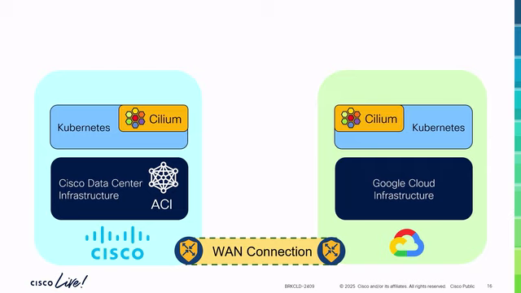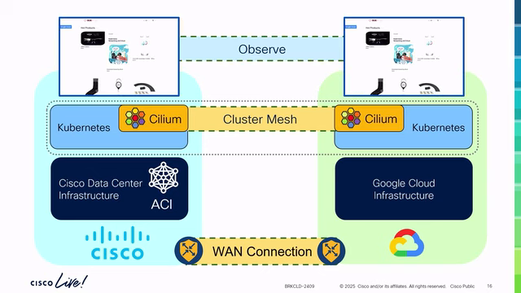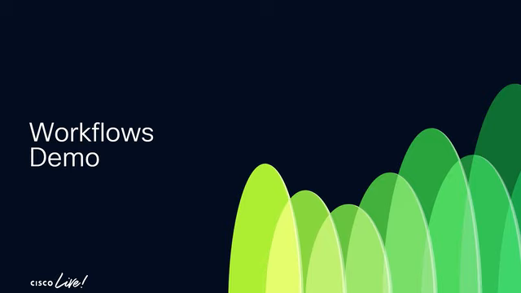And everyone's seeing this in organizations. So we do that in the cloud as well. We deploy Google Kubernetes Engine with Cilium. We do what's called a cluster mesh, which is where we take these two clusters and we bring them together, so they can be operated logically as a single cluster. We can do some fun things like active-active scenarios, active standby, failover, all kinds of good stuff. And then we will observe the application on top. So we have our multi-cloud application distributed in Berlin, in the cloud. The cloud location is connected, the clusters are meshed, and we can observe this. So with that being said, we better get started on the demo.